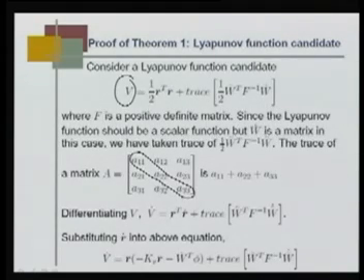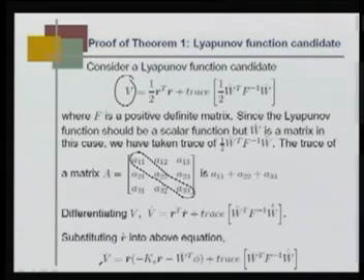You can see R transpose R dot plus trace of this thing with the W tilde dot. Substituting R dot into this equation, you get the rate of the Lyapunov function to be